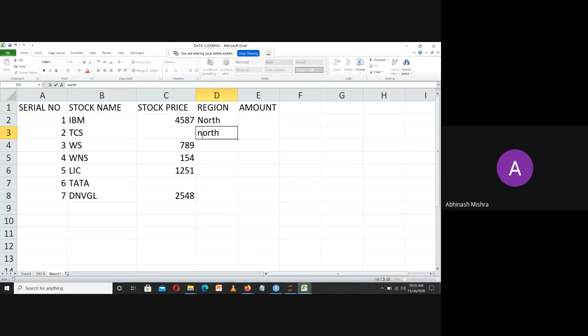They did this as south, this as east, and this as west, and this again as north, not in this format. They have not transformed this particular data.